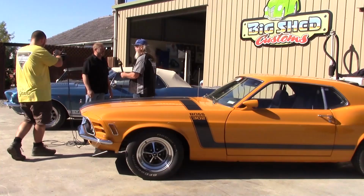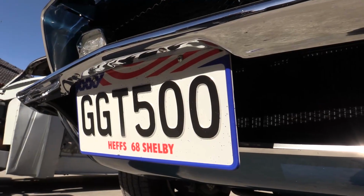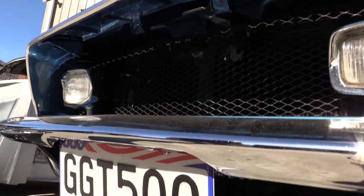Mark, we're here with these two beautiful Mustangs now. Would you like to tell us a little bit about them? I know we've got a Cobra here and we've got a Boss over here. Well, it's actually the Shelby, a Shelby Cobra GT500. This car's